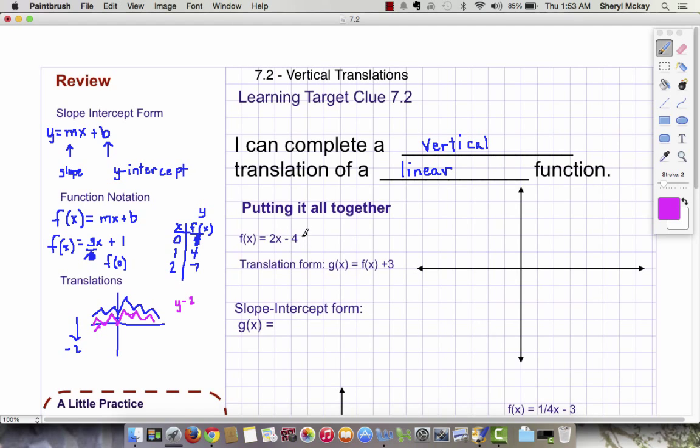So if I wanted to graph it, I would first look at my b, or my y-intercept, which is right here, negative 4. And I'm going to graph negative 4 on the y-axis. 1, 2, 3, 4. Then I'm going to take a look at my slope, which happens to be 2 over 1, and I'm going to go rise over run, up 2 over 1, up 2 over 1, up 2 over 1, and then I'm going to connect my points